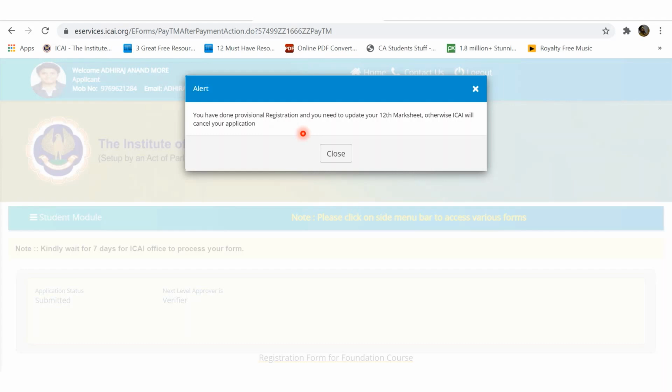Once you get your 12th mark sheet, we will have to complete this step, which is way ahead now. We still have a lot of time. We'll go for our 12th standard prelims, then the 12th standard main examination, and then we'll get the 12th standard result. Once the results are available, at that time we'll complete this step. So till that time, don't worry, you have completed your registration process completely.